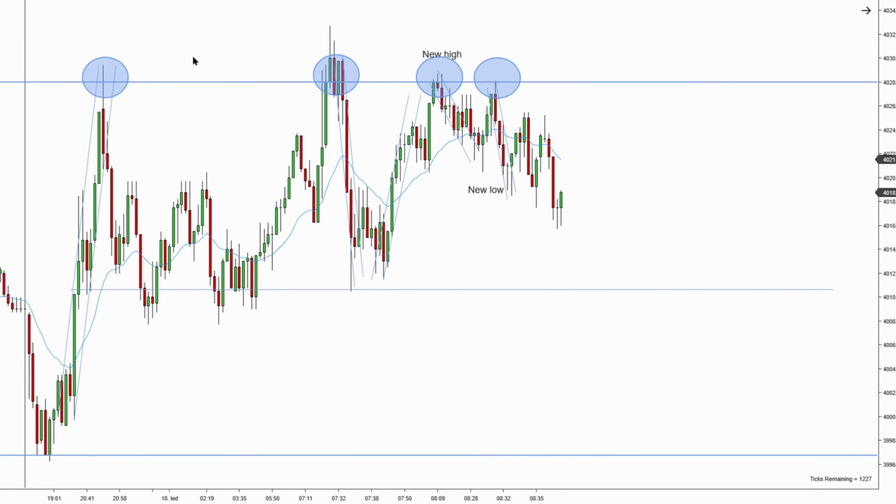I can see that we have 4 confirmations already of the resistance, but there is some bullish tilt to this trend range. There is bullish imbalance because each new major low is higher than the previous one, which puts me in an uncomfortable situation because I cannot really sell prematurely, but at the same time, I cannot really buy too close to these highs. So once I'm trading a structure like this, I really need to be careful, and I want to make sure the setup is forming according to rules and I'm not jumping the gun,